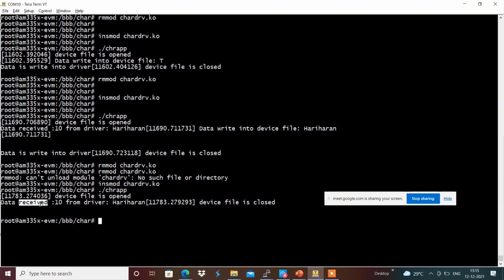It just returns that polling data is available only for the read, and no other flags are set in the return. Because of that, the application can only read the data from the driver. We will see how to link this with the real device in the upcoming sessions.